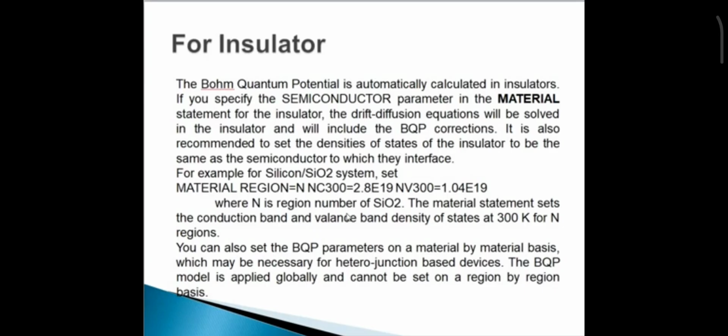The Bohm quantum potential is automatically calculated in insulators. If you specify the semiconductor parameter in the material statement for the insulator, the drift diffusion equation will be solved in the insulator and will include the BQP correction. It is also recommended to set the density of states of the insulator to be the same as the semiconductor